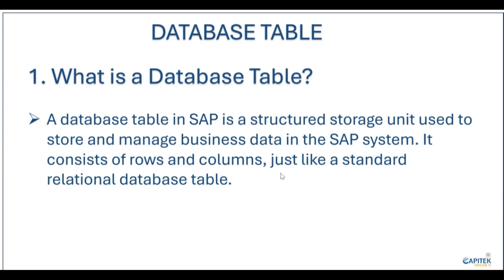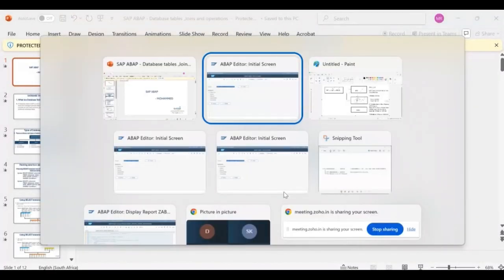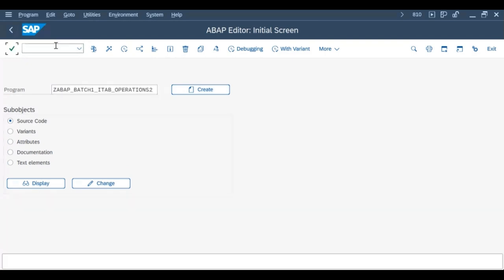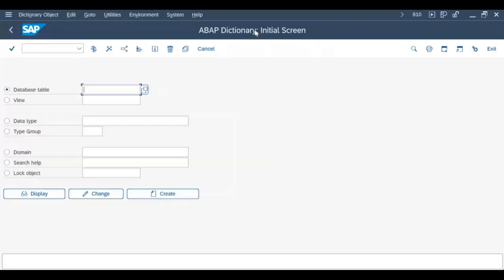So this database table is also a kind of table with respect to certain structure. Every table will have its own structure. The transaction code SE11 is the transaction code for the data dictionary in ABAP. In ABAP, for you to access it, SE11 is the transaction code. Okay, so I will take you through an